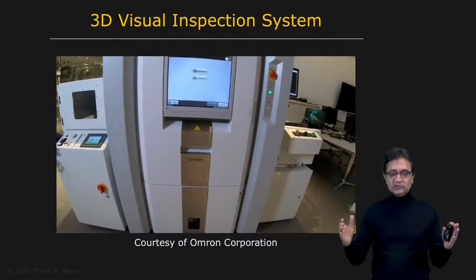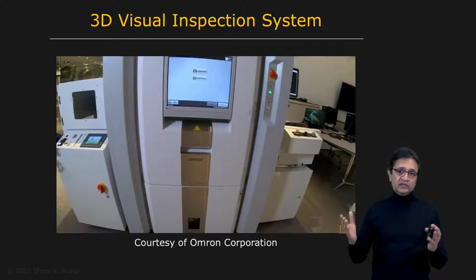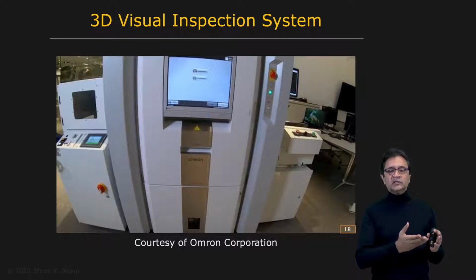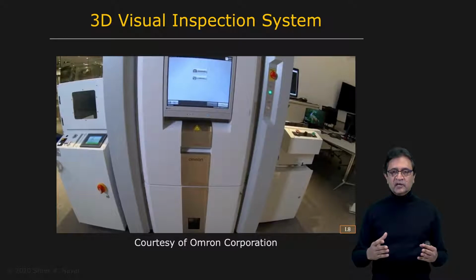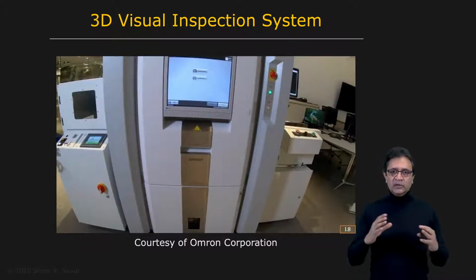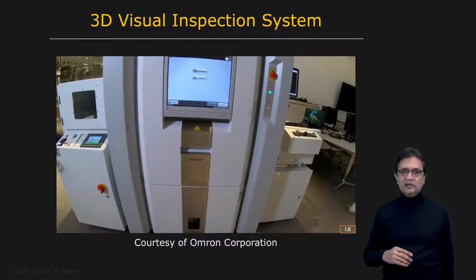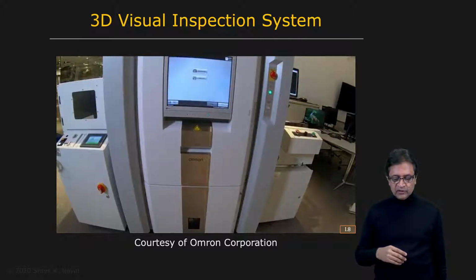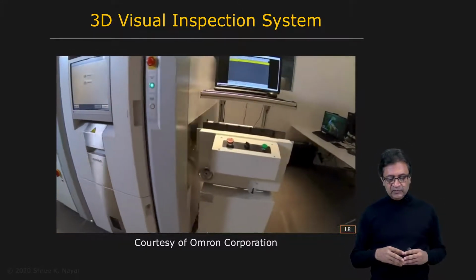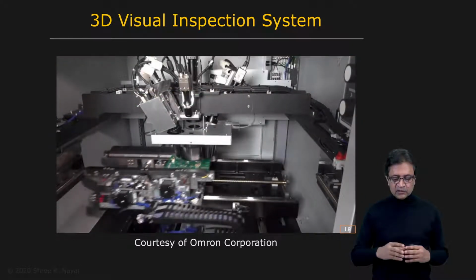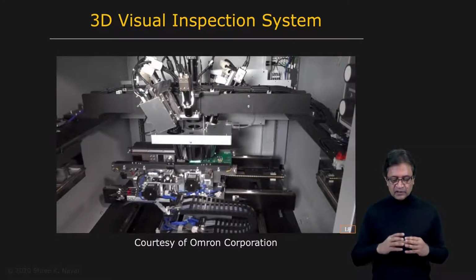They are large systems because the part, for example, a printed circuit board, has to go into the system and has to be scanned very precisely, and the inspection has to be done in real time. And then by the time the part comes out the other end, you have a complete three-dimensional model of the part and decisions with respect to the quality also made. So you can see here that there's a feeder on the right side, and so the printed circuit board is fed in. There's your structured light system with cameras and lighting, etc.